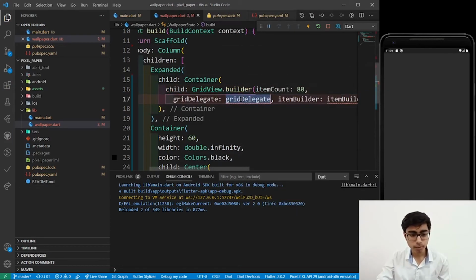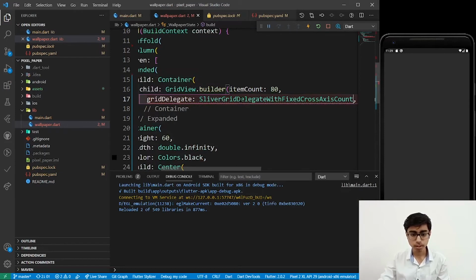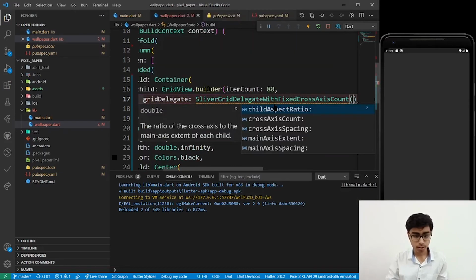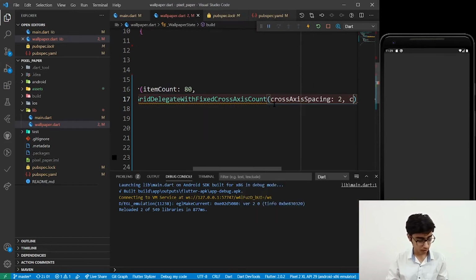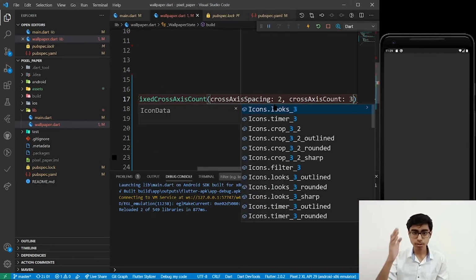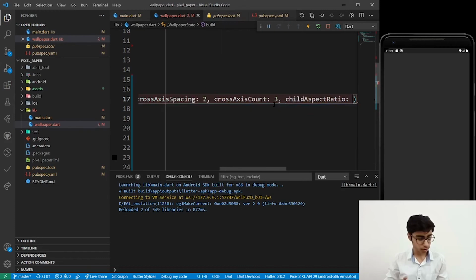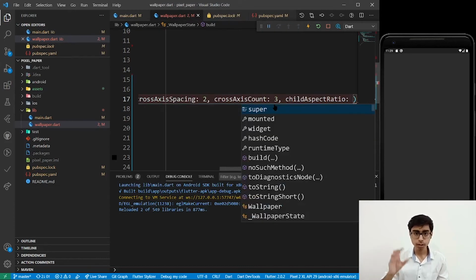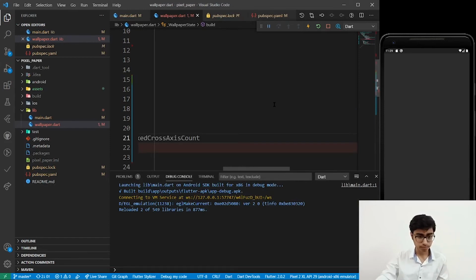And in the gridDelegate, we have to define SliverGridDelegateWithFixedCrossAxisCount, and let's define the crossAxisSpacing as 2, then crossAxisCount as 3. That means 3 columns will be made, and we have to define the aspect ratio. Child aspect ratio will be width by height, so width will be smaller than the height, right? So 2 by 3 I'm keeping.